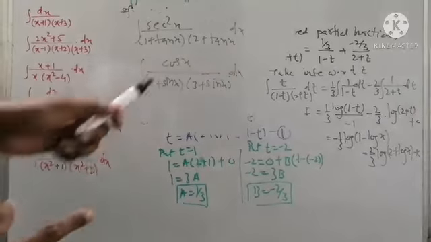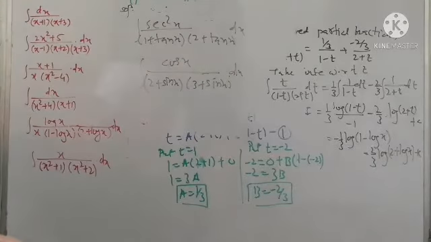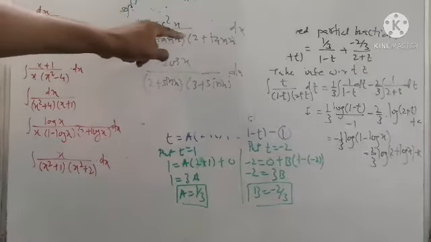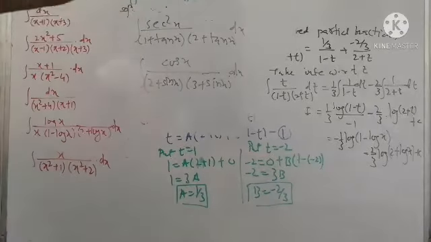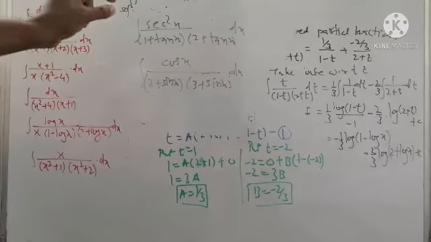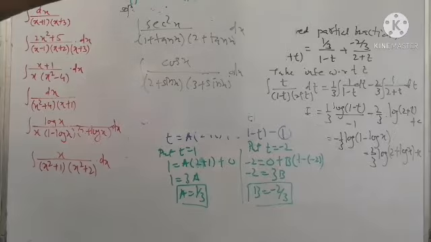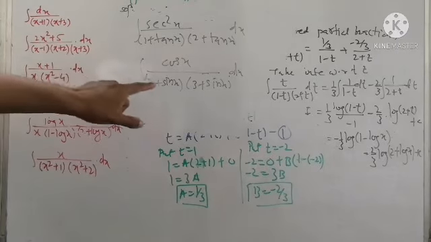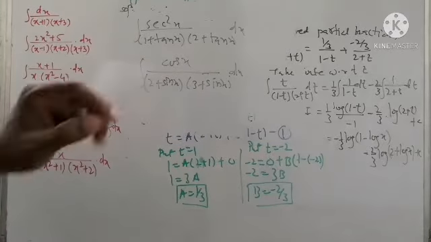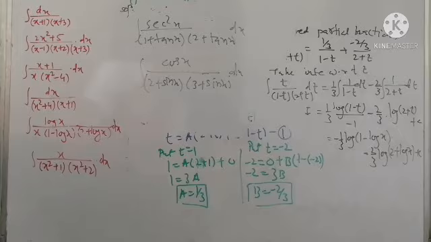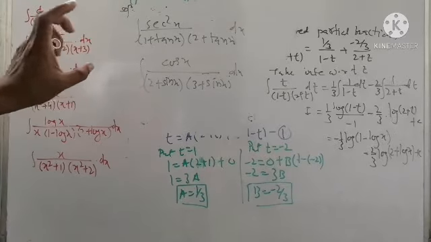As you can observe here, in the denominator there is a product, which means the denominator is factorized. Now in the first example, it is factorized in terms of tan x, and as the derivative of tan x is sec square x, contained in the integral, you can put t equals tan x here and then you get a rational fraction which we can partial fraction. In the second example, as the denominator is factorized in terms of sin x, the derivative of sin x is cos x, contained in the integral. So you can solve this again by substitution and get a rational fraction which can be partialized